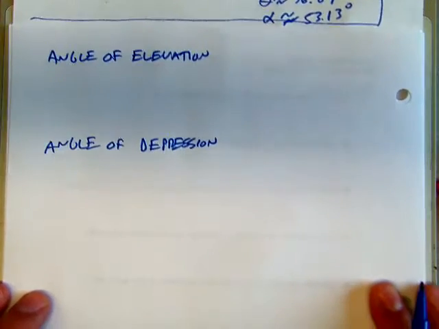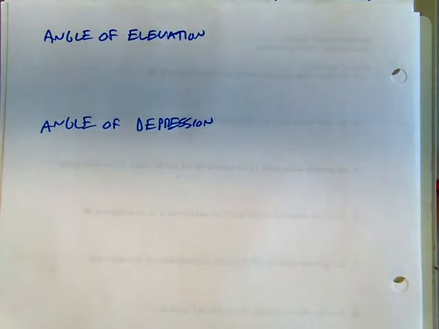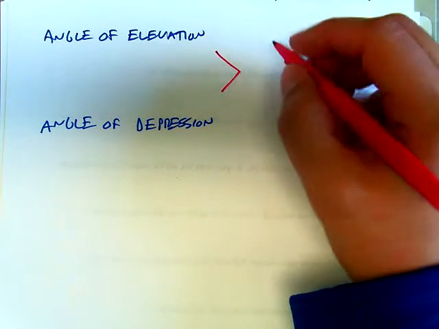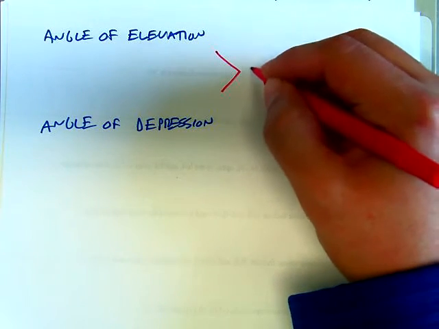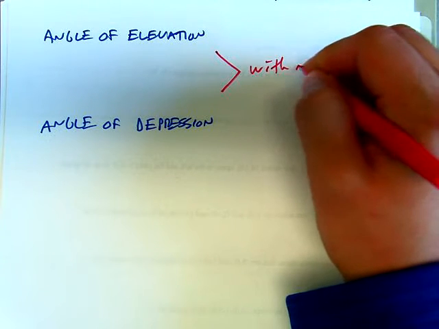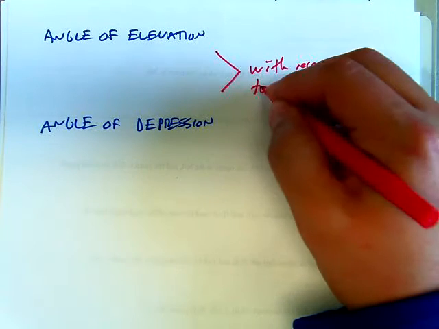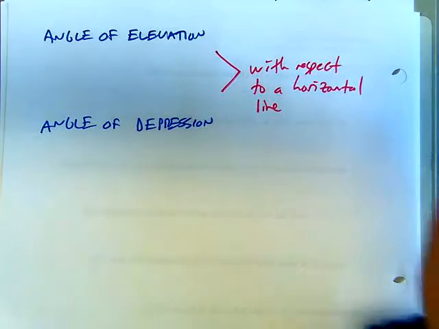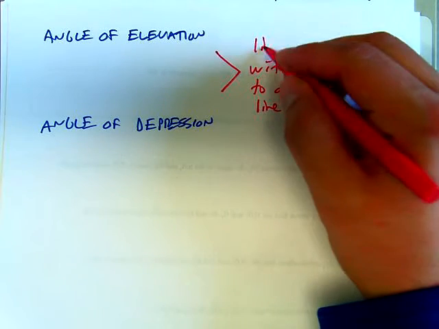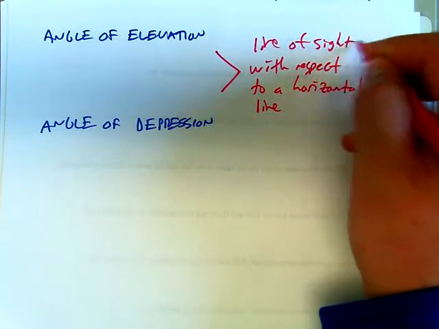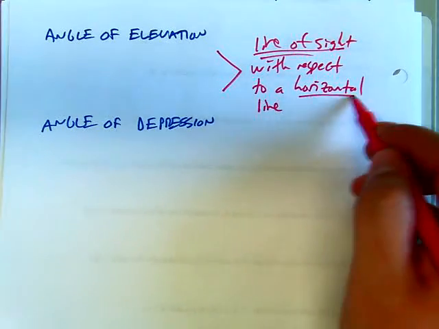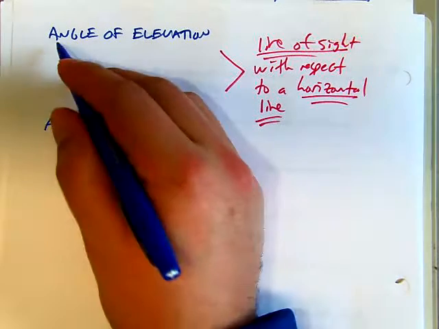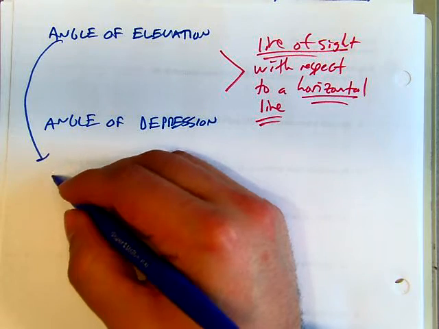Okay, and what you need to know is that both of these types of angles are with respect to a horizontal line. And usually it's going to be the line of sight and horizontal line. So, for example, if a word problem said the angle of elevation